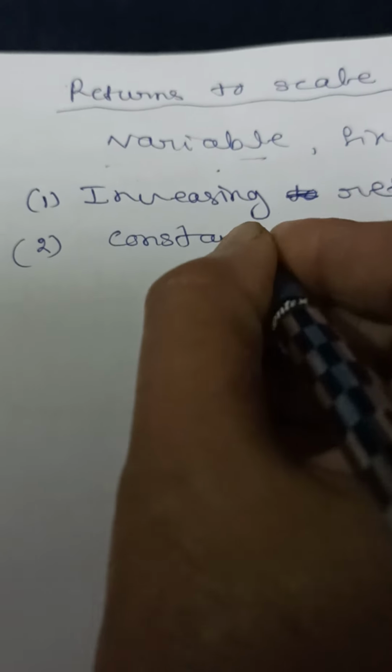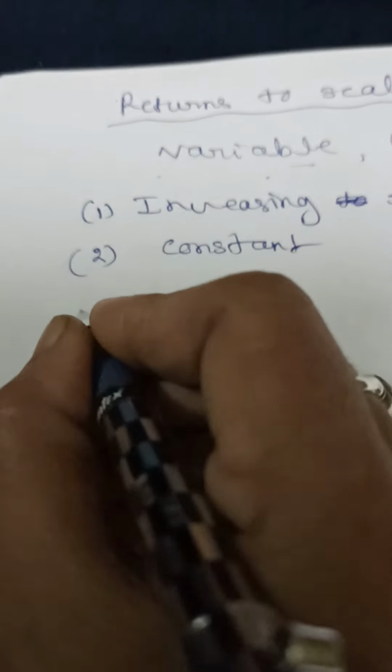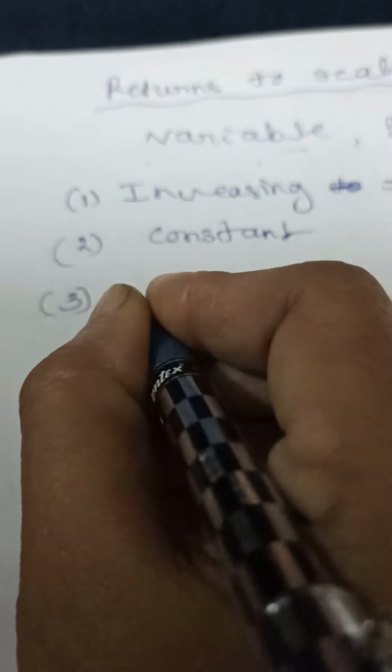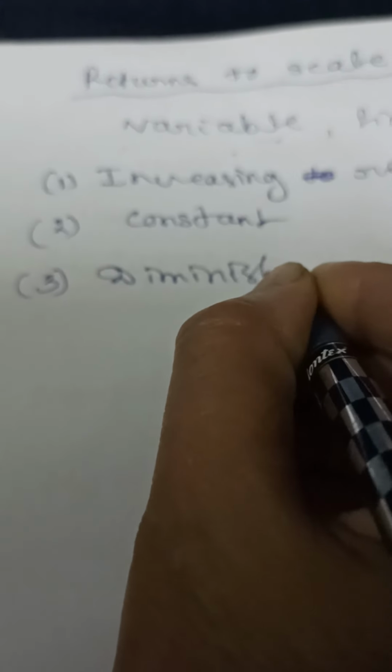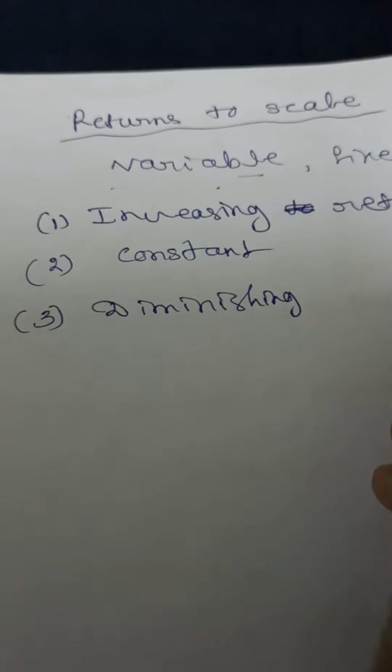Second one, constant return to scale. Third one, diminishing returns to scale. When we increase all the factors of production, that is land, labor, capital, in the same proportion,